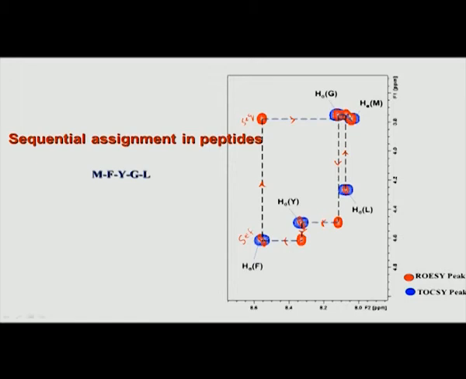So, therefore, we can say that methionine is the last amino acid, and we have gone from G in this direction left and come up to methionine. Now, how do we identify leucine, or further, if there is any other amino acid? You again start from the same glycine where we started from.